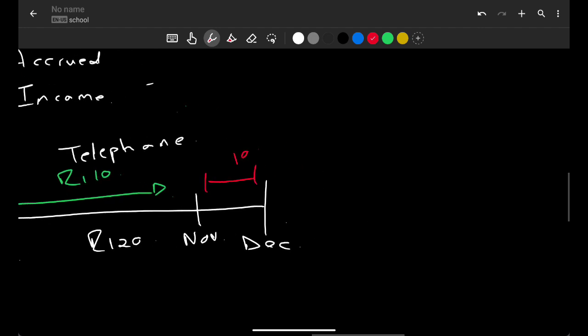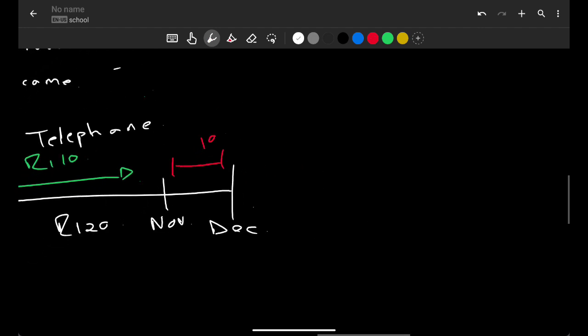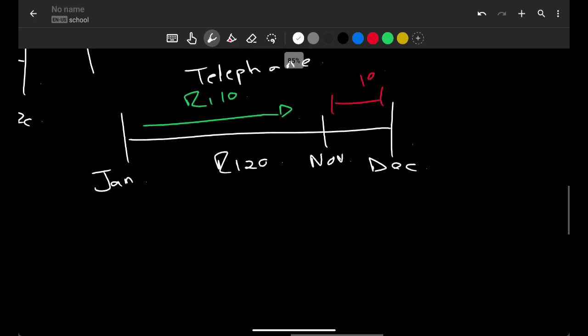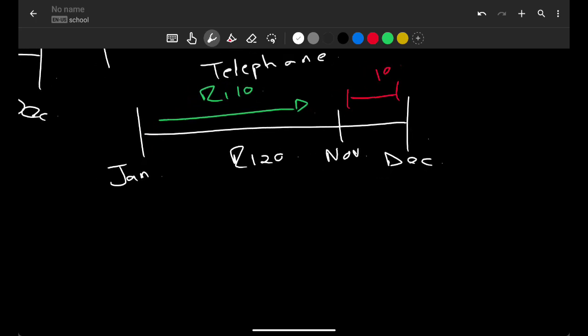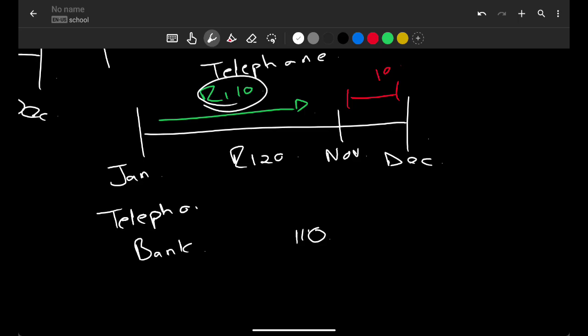So accrued expense, in our accounting books, we're going to say then that, looking at that, we're going to say bank we're paying, so bank is an asset. We're going to say bank there, it gets credited with 110 rand, right? Remember what we paid. We only paid 110 rand. Then what was the expense? Telephone gets debited. Telephone with 110 rand,